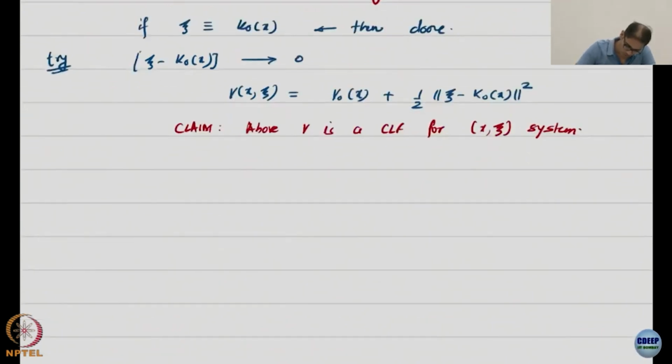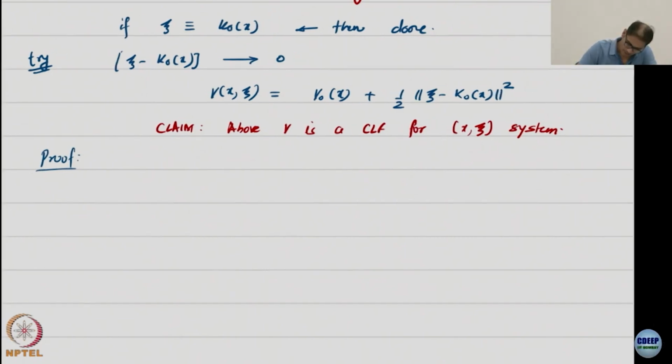So I want to prove this claim. How do I prove this claim? Basically, I mean just take derivatives and so on and so forth. So you will usually do this, L_f V and L_g V and all that. But the simpler way is to take the directional derivative, and whatever term is multiplying the control is the L_g V and the other term is the drift term, L_f V. So I will actually compute